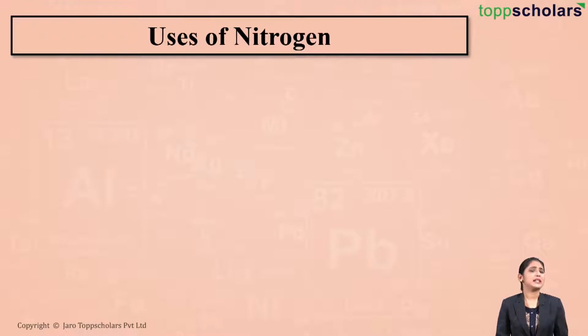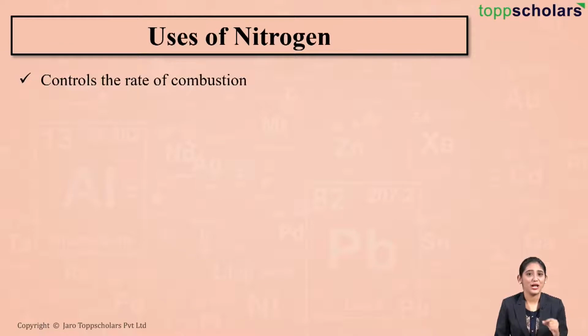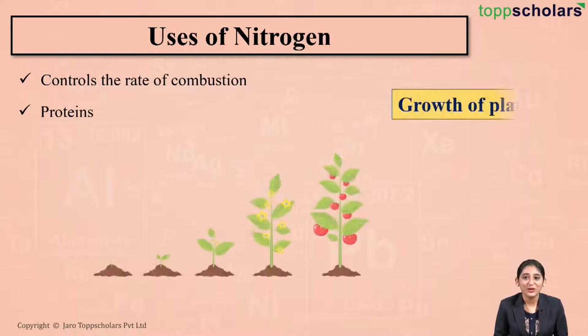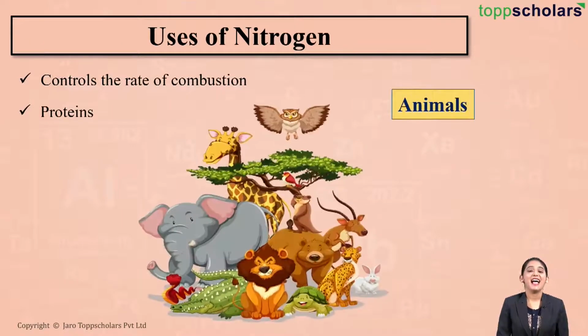Now friends, let's discuss some of the uses of nitrogen. Nitrogen dilutes the effect of oxygen in the atmosphere, and so it helps to control the rate of combustion. As we know, oxygen is necessary for combustion, right? And this nitrogen gas dilutes the effect of oxygen in the atmosphere and thereby helps in controlling the rate of combustion. Nitrogen is one of the important constituents of proteins, which is essential for the growth of plants, animals as